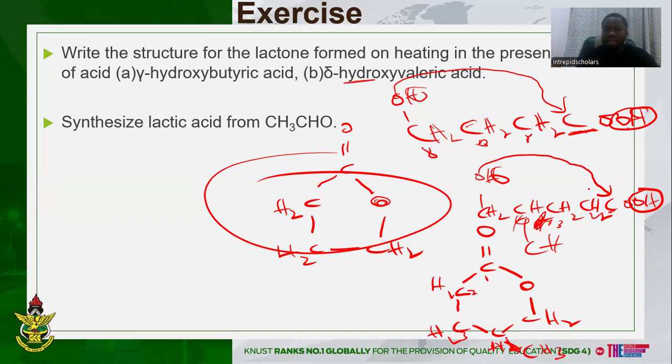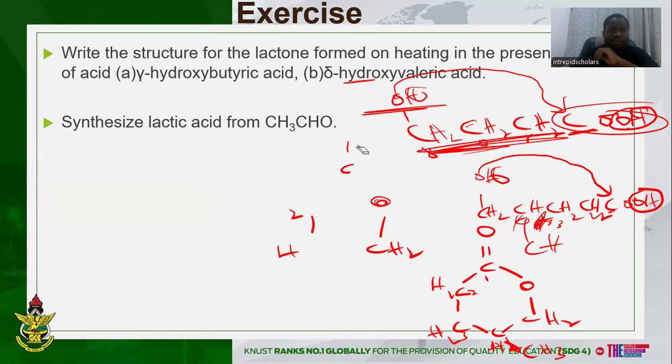So we just pay attention and look at the changes. The only place where there will be a change will be between the OH and the CH3. Make sure you represent the other species well. They will not be affected by the heating process, but represent them well when you come to the ring structure. Very important. Now, the next thing we are supposed to look at is forming lactic acid